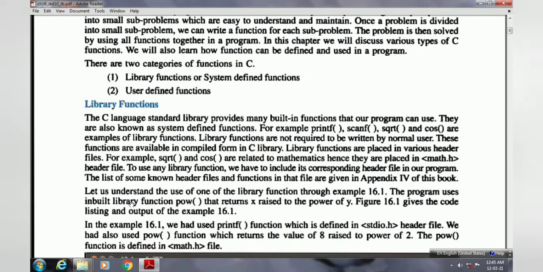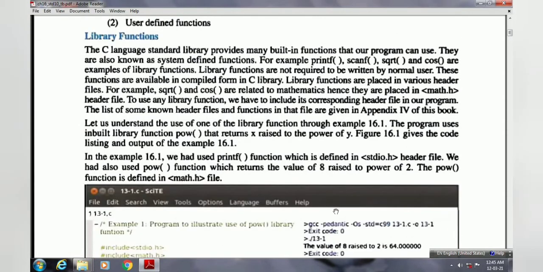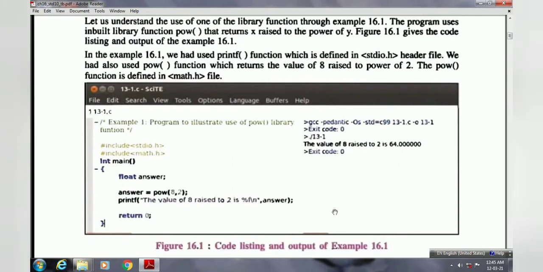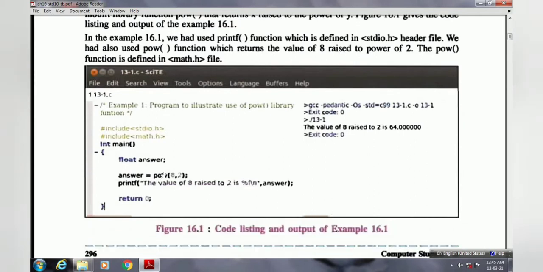Now we will understand an example of how we can use library functions, or system defined functions. Here we are going to get the power value of 8. I will show you the same example practically. For that, we need to include the header file math.h, and stdio.h also, because we are using the printf statement.